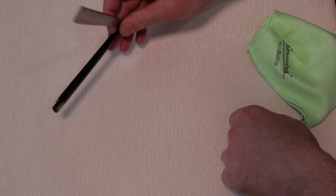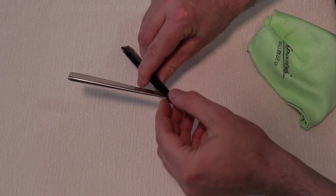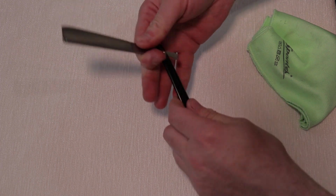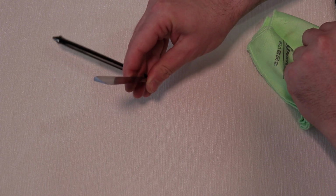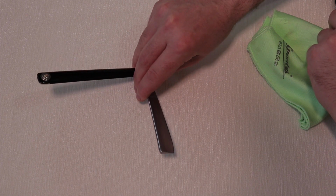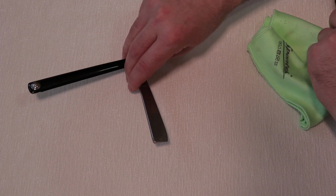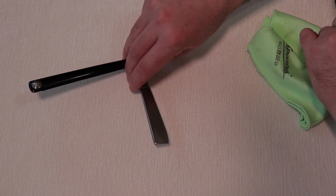Normally with razors that are thin up here, I've got a few of them, and when you hold them they tend to want to do this, which makes it a bit scary for the shave if it flips either way. But honestly, this feels rock solid. So we'll find out in the shave how it handles. Whether it shaves well, I haven't got a clue. As I say, HHT is good, and